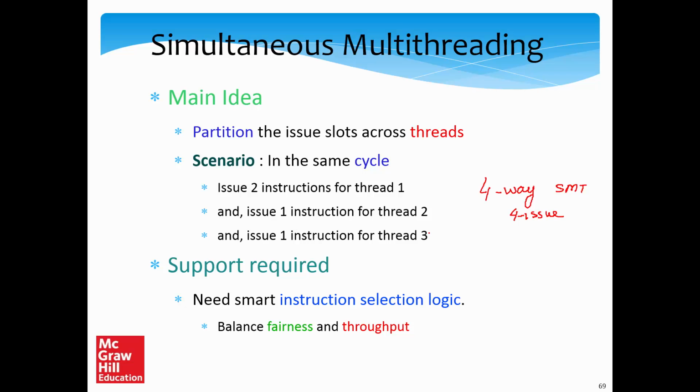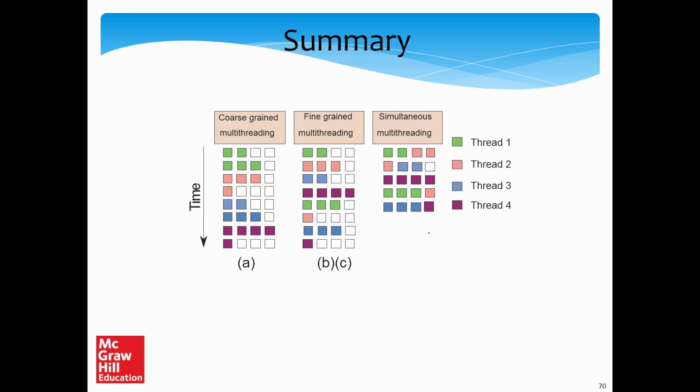So those issues notwithstanding, this is actually a very good idea, and that's the reason most commercial processors, such as starting from Intel Pentium 4 onwards, Intel Xeon, IBM Power 7, all of them implement some flavor of simultaneous multithreading. So let's take a look at this diagram. This diagram actually tells us all. Oops, sorry, this C should have been over here.